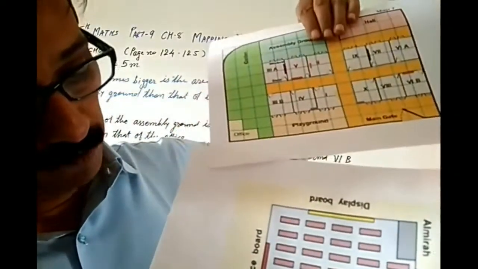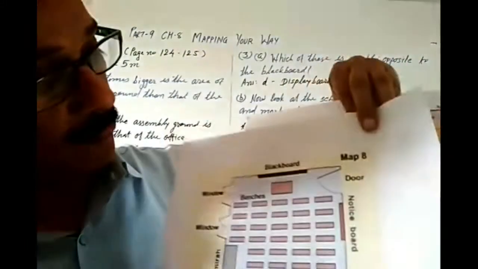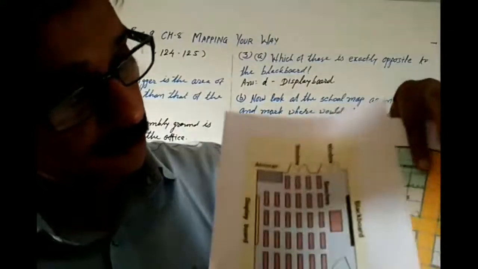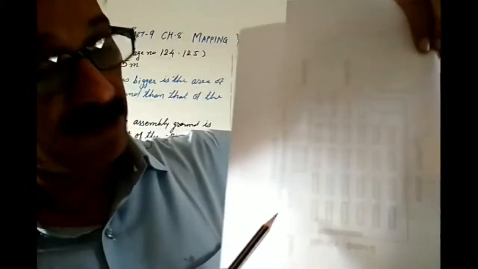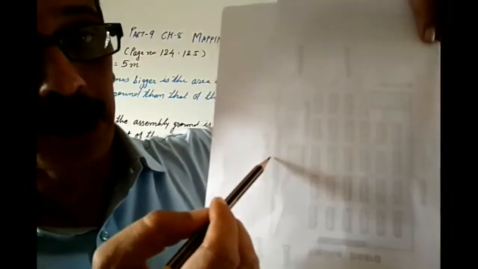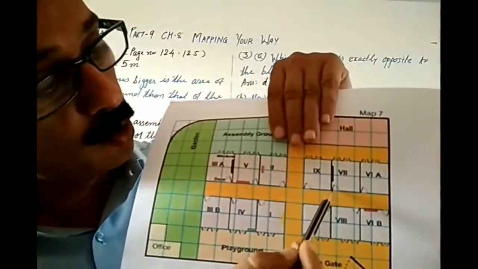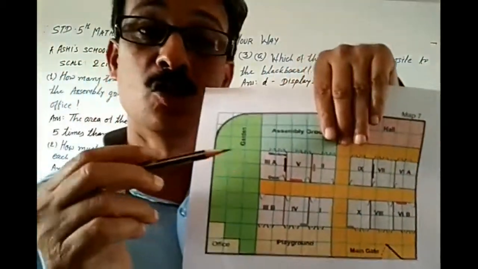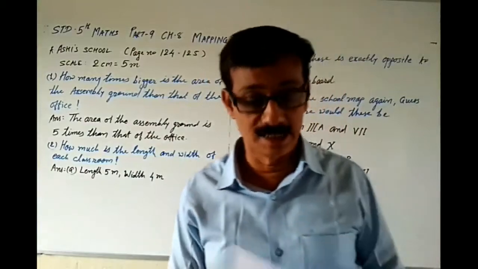Now find out where the door is. Here, isn't it? Suppose the door is over here. But if the door is over here, then the blackboard can be over here. That is why in 7th standard, the door is over here and the blackboard can be over here. Mark it with your pencil in your map. Then it is possible for you to answer.